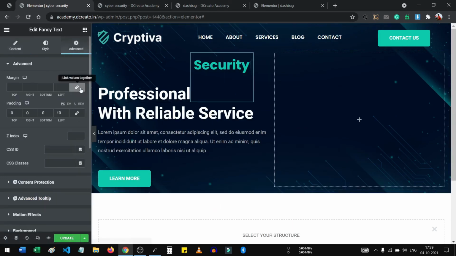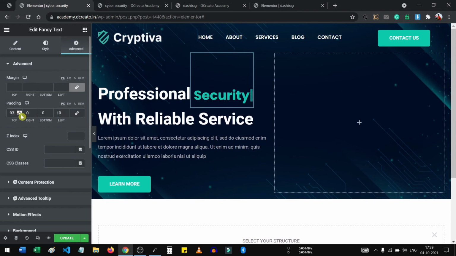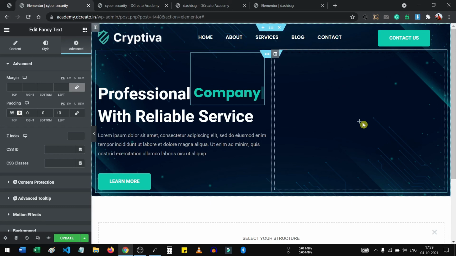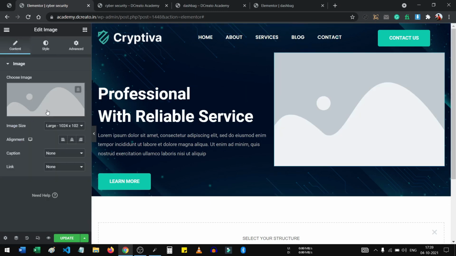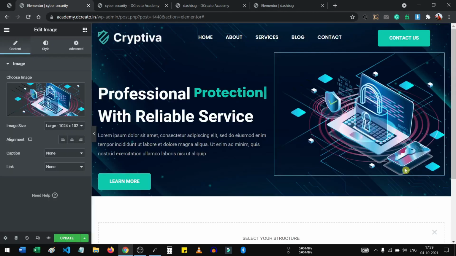So I'm just going to the profession section and the top. So top will be 100 pixel. That's fine. Then left padding will be left, and then top, I'm increasing the top size to this 85 pixel. That's fine. Then click on the plus icon, just place the image from here, and I'm choosing the image. So this is the image and just inserting it.